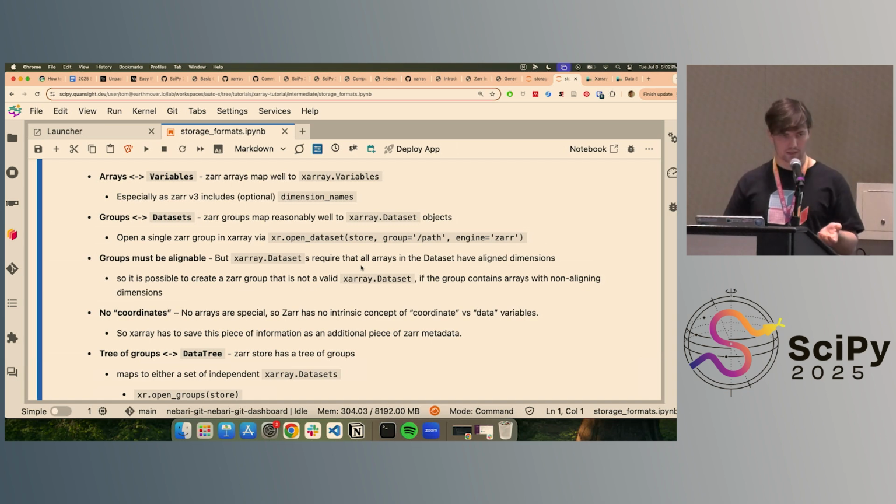But that's not true for Zarr. If you have two Zarr arrays in one group, one of the arrays can have a time dimension of length 50, and the other one can have a time dimension of length 30, and Zarr is completely fine with that. And so in practice, if you're only interacting with Zarr via Xarray, this is never going to come up, because you're only ever writing things that you know how to read again. But it is technically a difference between these data models, and it highlights one of the things that